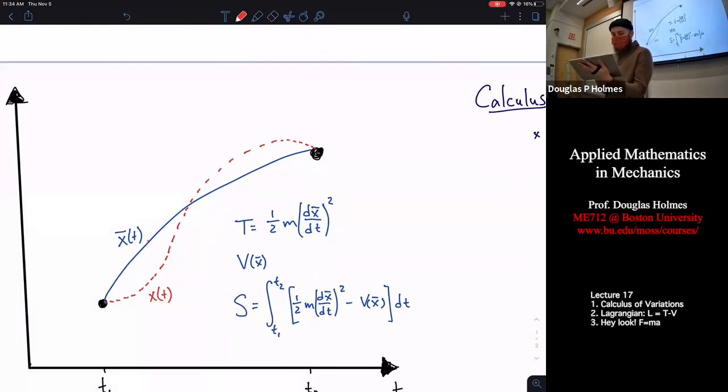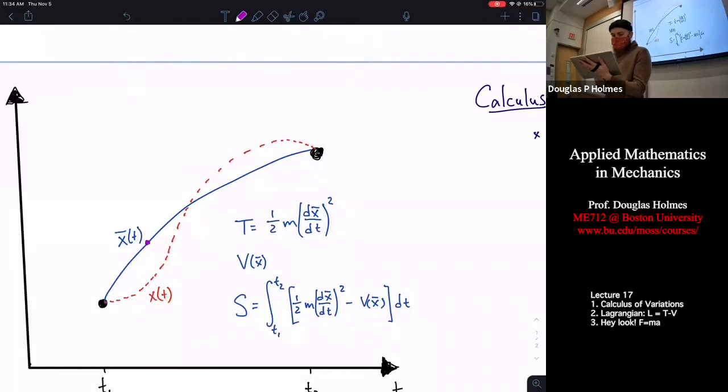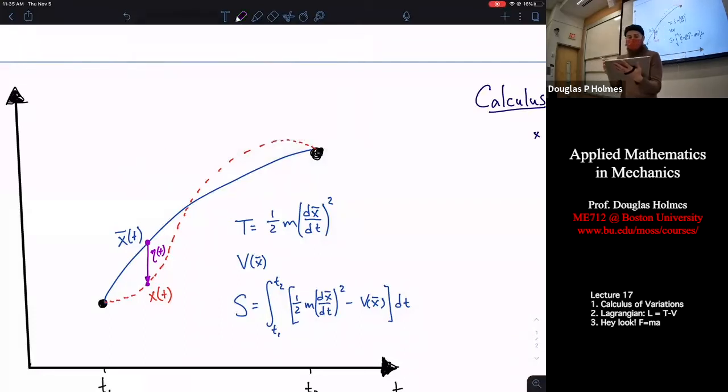And at any point in time, there's going to be a difference between those two curves. Actually, I'm going to draw that in a different color. At any point in time, there's going to be a difference between those two curves. And that difference we'll call eta. I think students, so let me do one more thing. I'll say this lets us